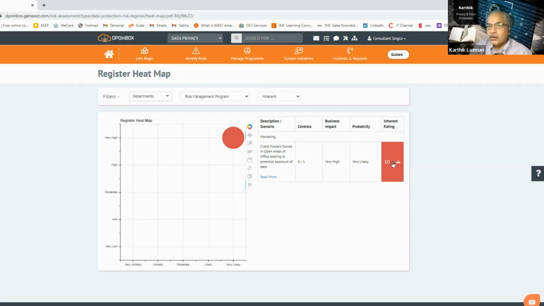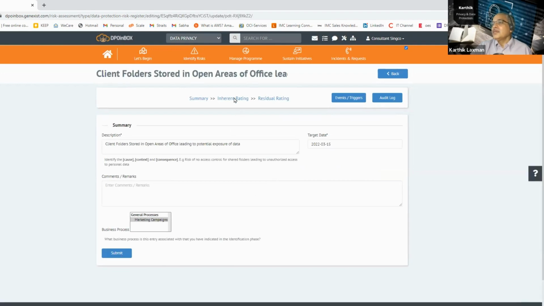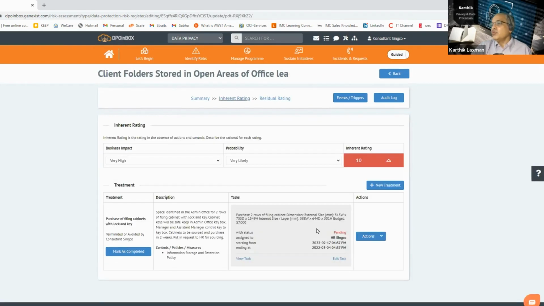In this case, you would not like to have a 10 upon 10, but this particular risk is scored a 10 upon 10. This hit like a bomb to the management. And when they saw this huge red circle and the impact on the business, they asked for the solution. The consultant just clicked on it and basically showed what we just went through, right?